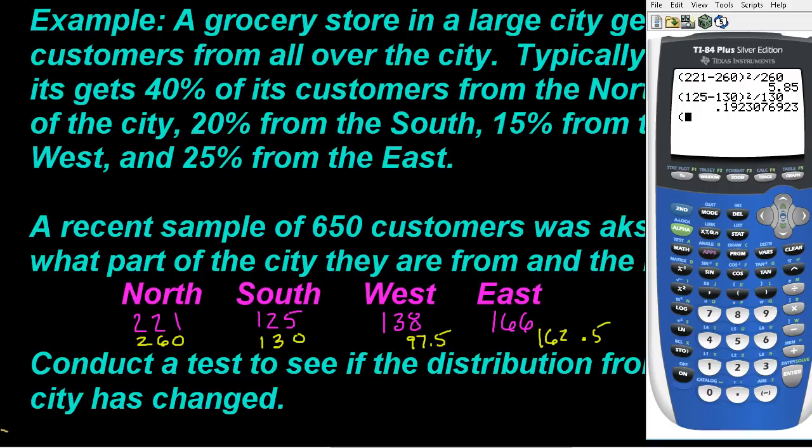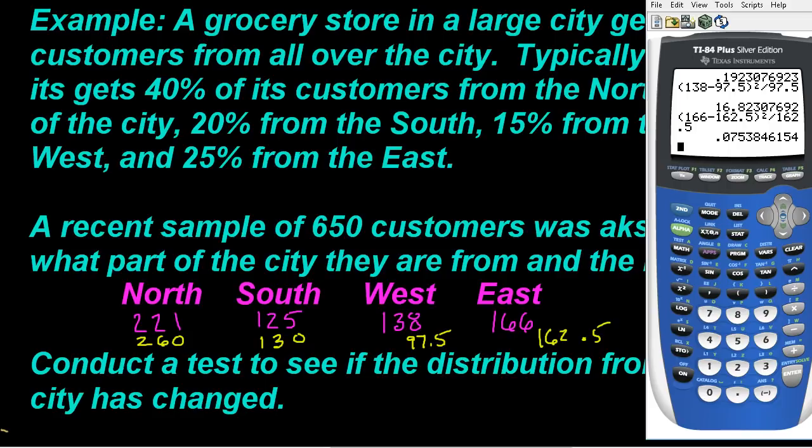And for the west, I observed 138 minus I expected 97.5 squared divided by the expected. And for the east, I observed 166 minus 162.5 squared divided by 162.5, the expected. All right, so I just got to write down all these numbers. Again, these are what I need,